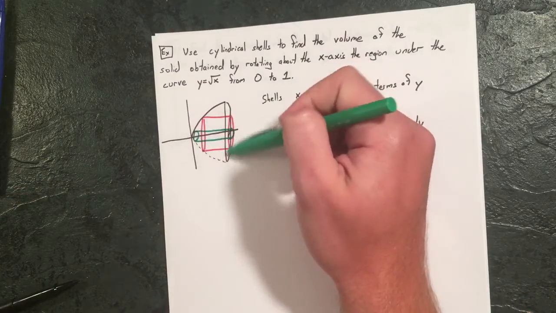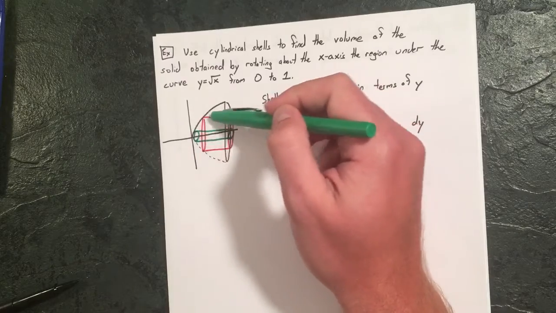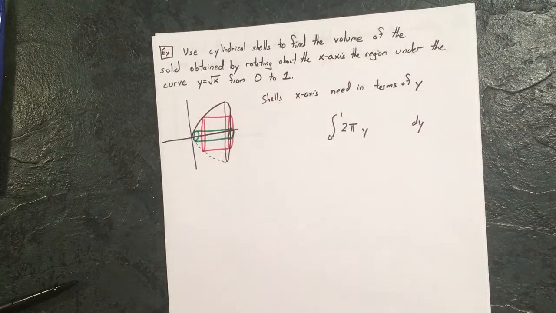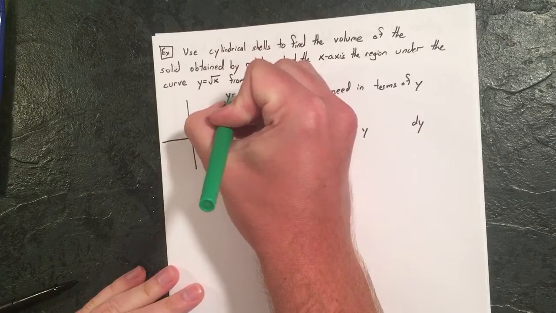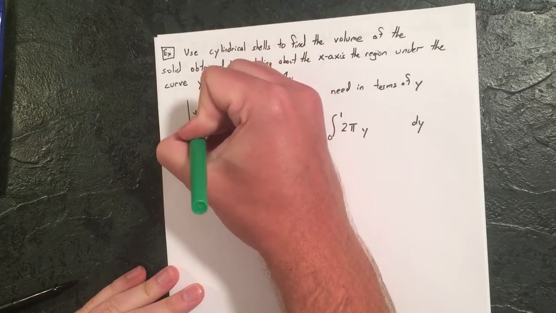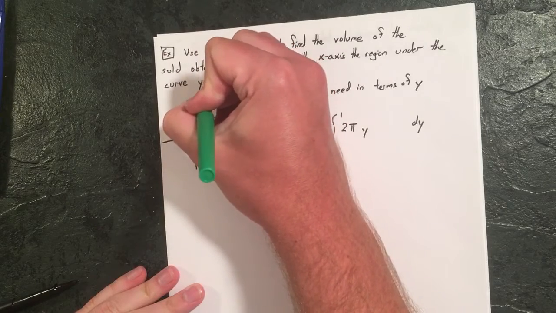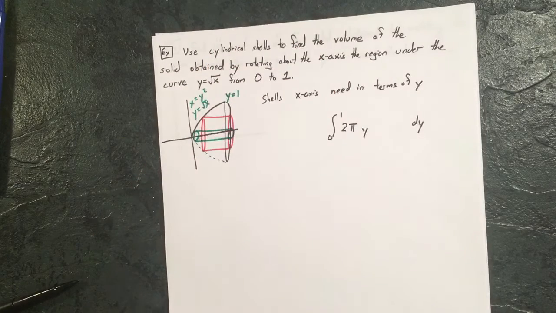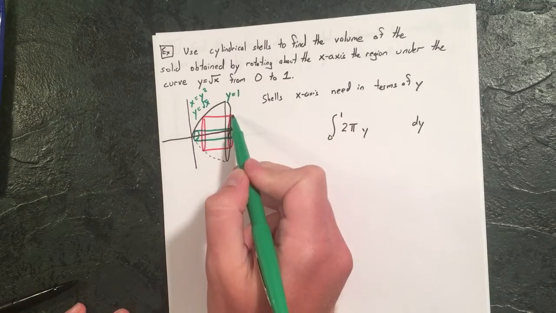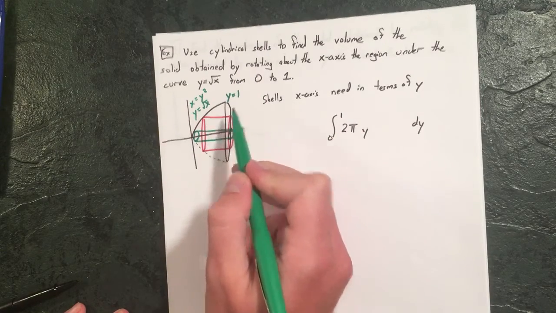However, this top piece is always staying the same. It's just here that's changing things. So we're thinking here, this is y equals 1, and this is y equals square root of x, which is really x equals y squared. So the setup here is going to be yet again kind of the top minus the bottom, but when we shift our perspective,